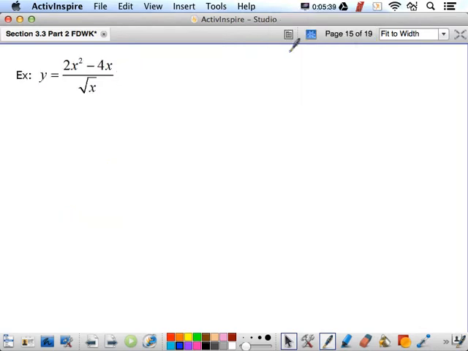If we take a look at y equals 2x squared minus 4x all over the square root of x, and we try to do that without the quotient rule, what we have to do is split it up and divide the square root of x into both of those. So if you envision it this way,